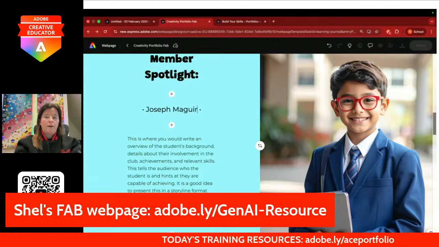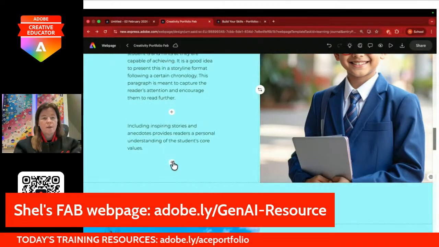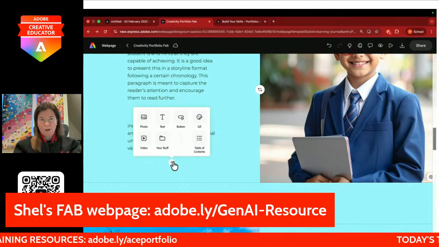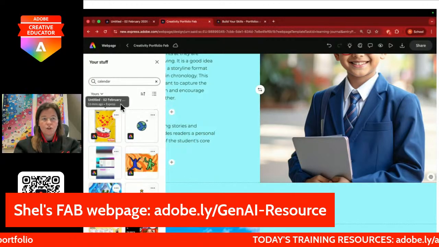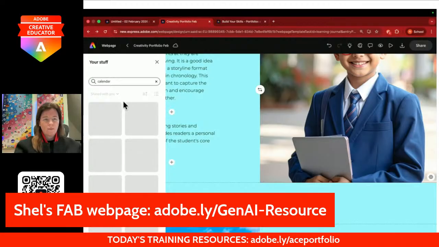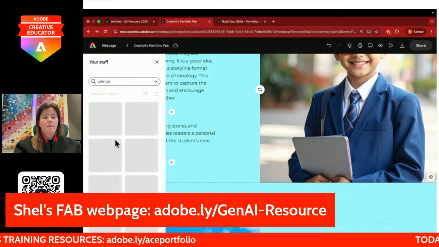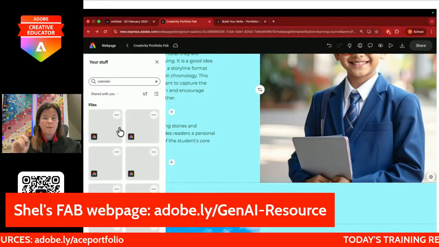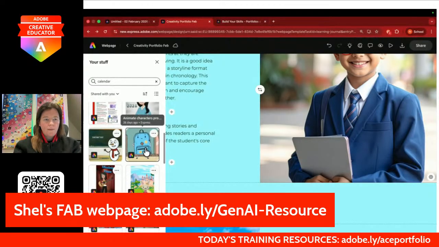Joseph McGuire. Why not? And we could go and put in a whole bunch of stuff about Joseph, and maybe we're going to put in a bunch of Joseph's work that I have on my account. So I could go into your stuff. Maybe it's shared with me. Maybe Joseph has shared some of his work with me before. So I click this shared with you, and when this loads up, I'll be able to click in some pieces of work here. So let's say this was